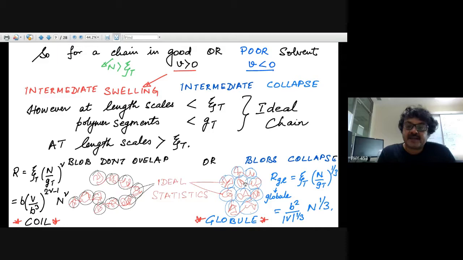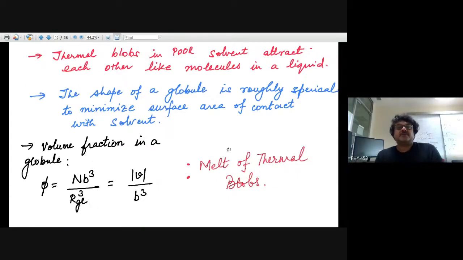It's a terribly bad solvent, and you won't see ideal chain statistics at intermediate length scales. So that's the worst solvent, where the blob size is the size of a monomer. Everything has collapsed as much as possible. So basically what you could think is that thermal blobs in extremely poor solvent would attract